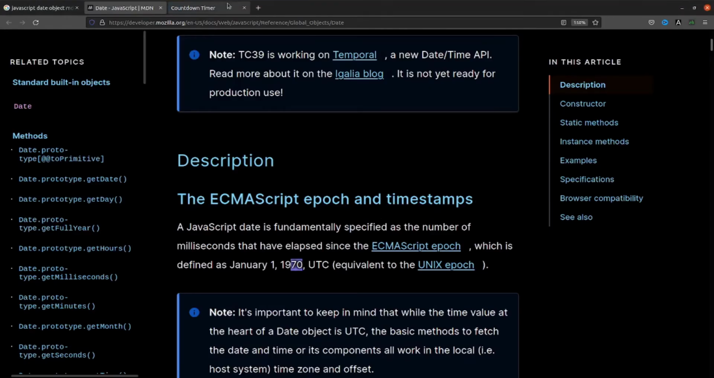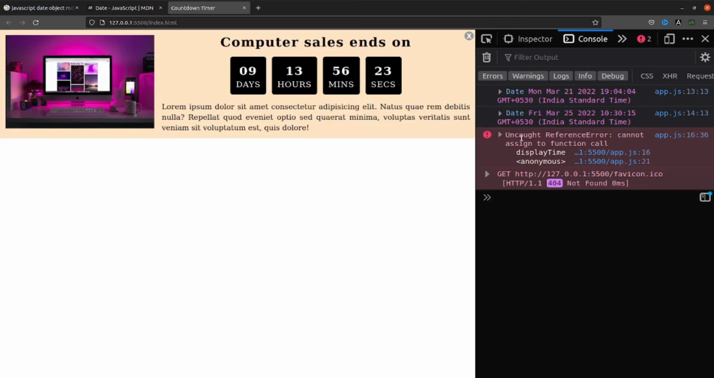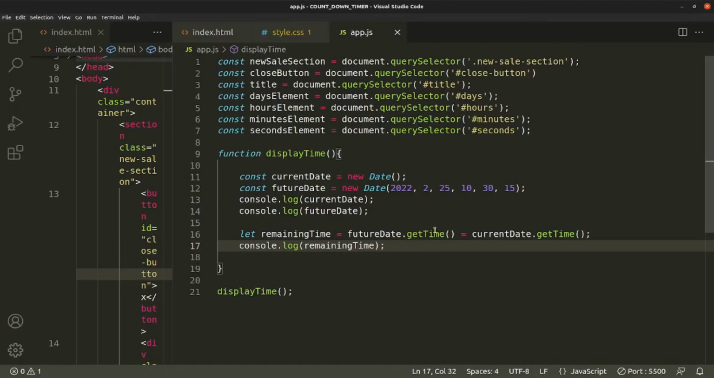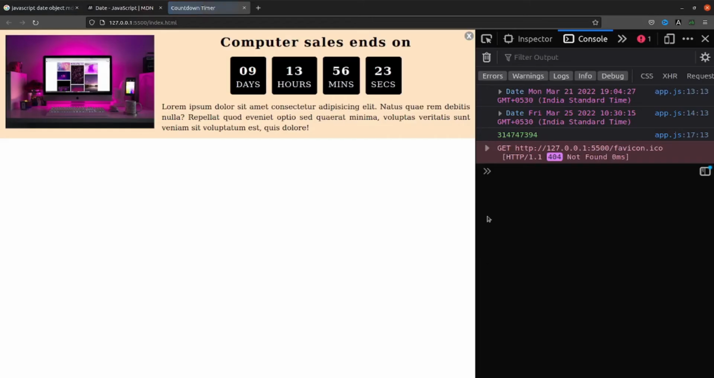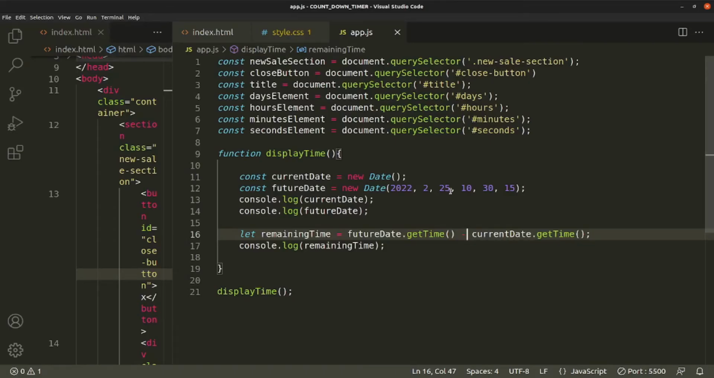Let's see this one. Uncaught reference: cannot assign to function call. Okay, I made a mistake. Where? Okay, I'm sorry about that. Here, use the minus symbol, this one, okay? Let's go and check. See, this is the difference between the current day, that means March 21st to 25th of